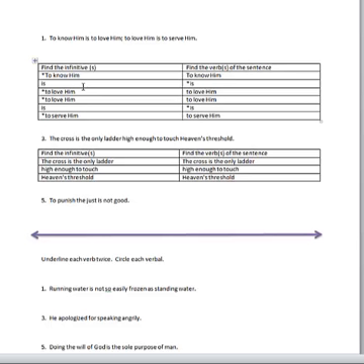So the instructions say to underline each verb twice, circle each infinitive. In this sentence, what I'm going to do is double underline the verbs in the sentence. Okay, is and is. And then I'm going to circle the infinitives: to know, to love,